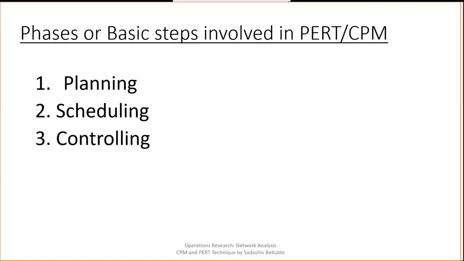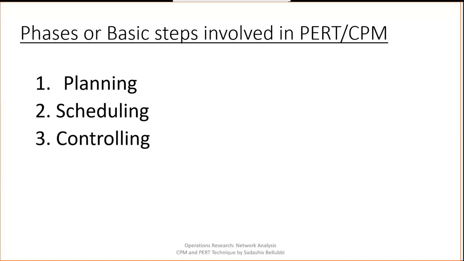And the third phase is controlling. In the first one, we have planned, depending on the project, and in the second one, we have scheduled. The third one is that whatever you have scheduled, you need to control. This third stage consists of making or preparing the periodical progress report. It means that periodically, whatever actions are taken and how much work is finished, we need to write the status of the progress report, review, and analyze the status of the project.